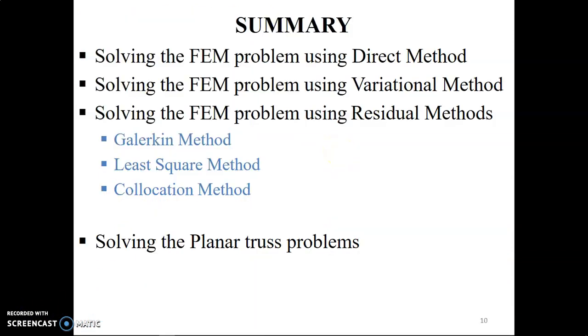Let us now summarize this lecture series on the finite element method. We have started with a basic understanding about different types of elements used in finite element modeling. We have discussed 1D element, 2D element and 3D element. Then we have developed interpolation model for 1D element to approximate primary field variables. We have approximated the primary field variable as linear and quadratic approximations.